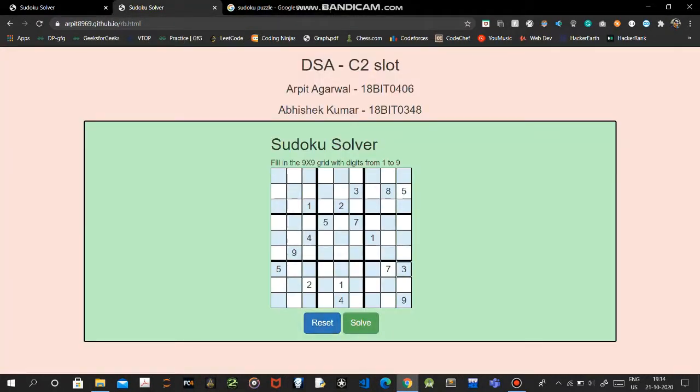Yes, so I have given the values and left the other cells empty. So now I'll press this solve button and it will solve.